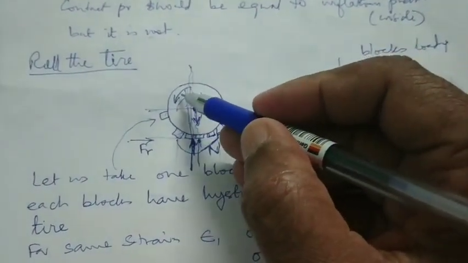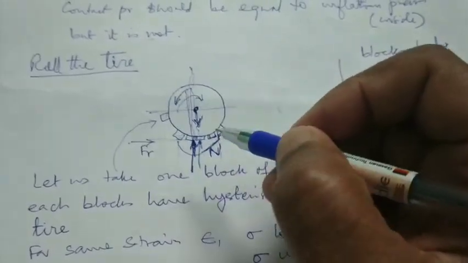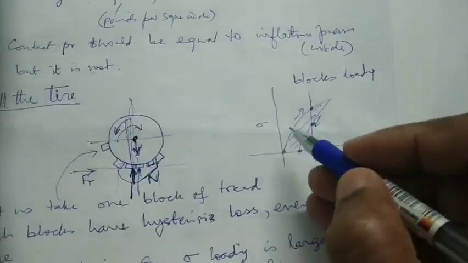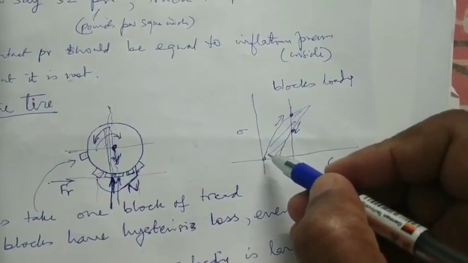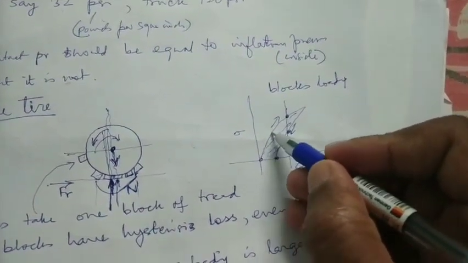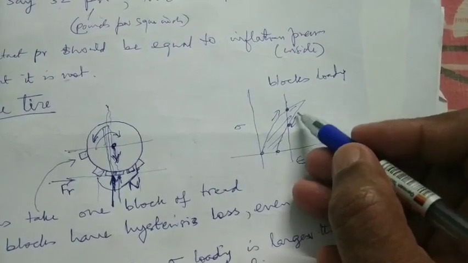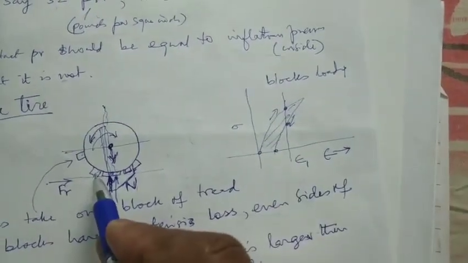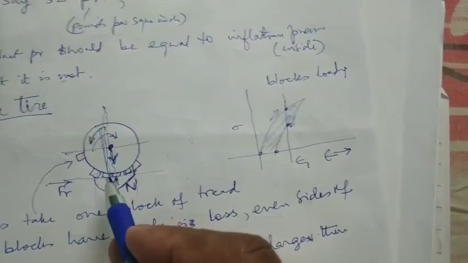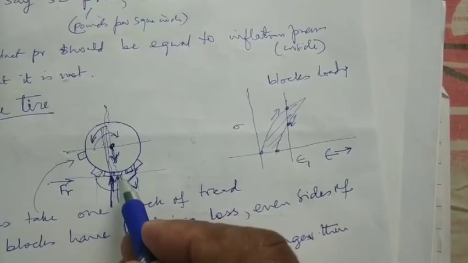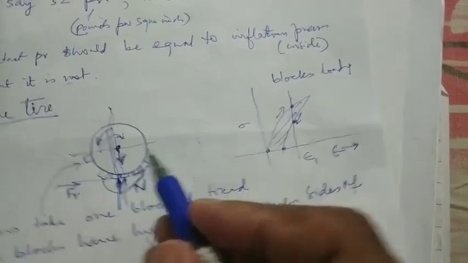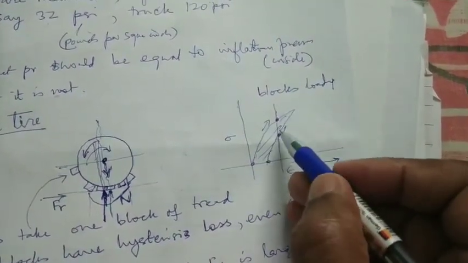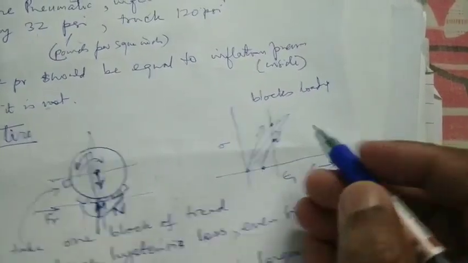Now if the vehicle is moving and the rotation is taking place, then what will happen is that the one which is loading, you see, this curve represents the loading curve, and this curve represents the unloading curve. So if we see that this tread is now going under loading and is highly loaded, and then it is unloading, you see, the loading curve is higher and the unloading curve is lower. So for any particular